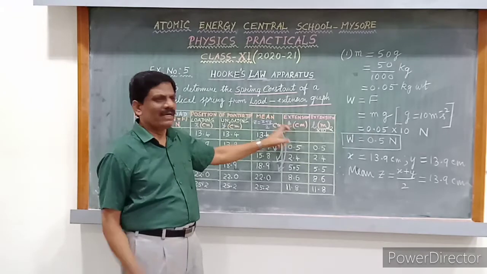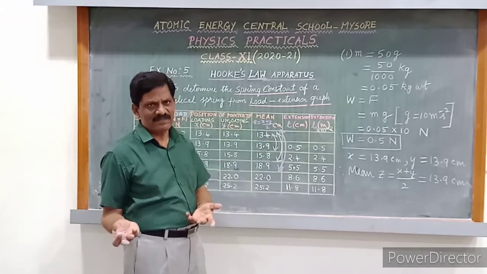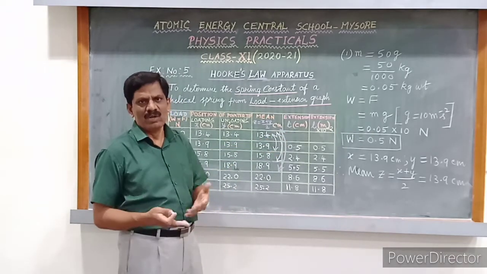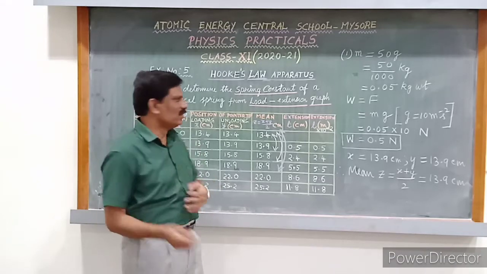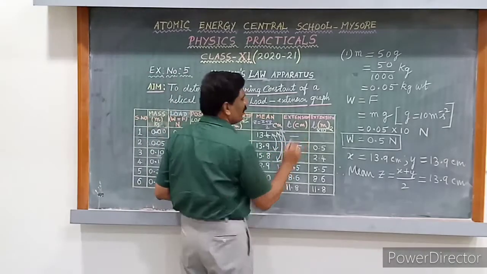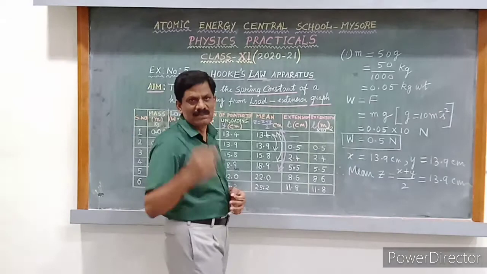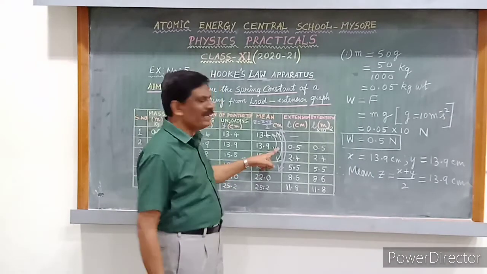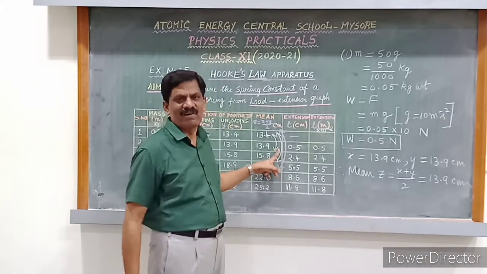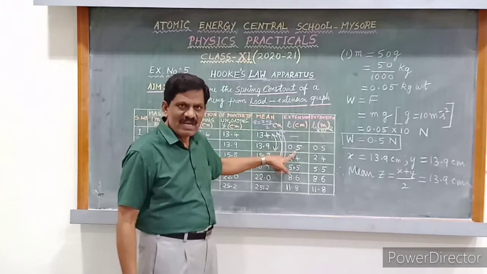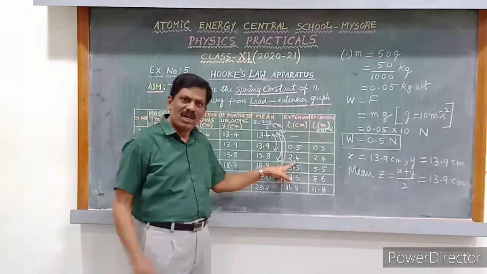So for the dead load, the extension is 0, of course. We cannot compare the dead load with the same load. So the extension for the dead load will be 0. Have you understood? Then the mean extension for 50 gram weight is 0.5, 100 gram weight is 2.4, 150 gram